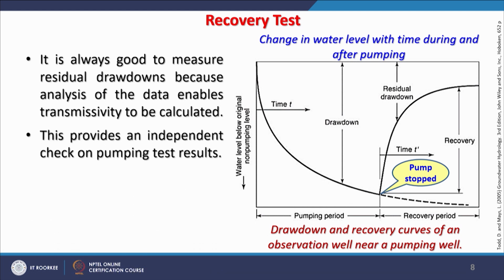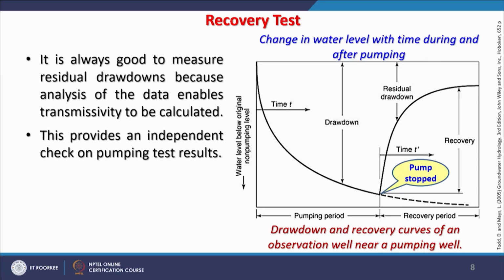In the pumping test we also calculate the transmissibility, but during the recovery test we can also get the transmissibility estimation. So, this provides an independent check on the pumping test results, because whatever transmissibility values were calculated during the pumping test can be verified, can be validated using the recovery test based